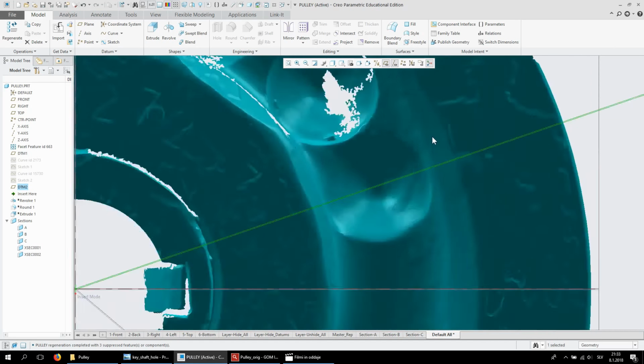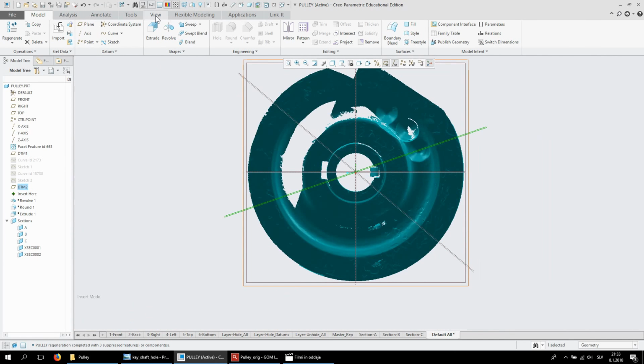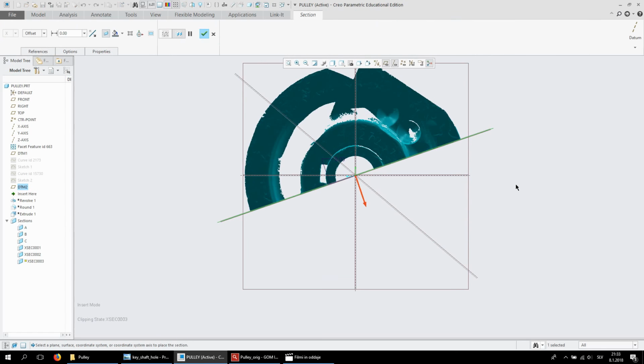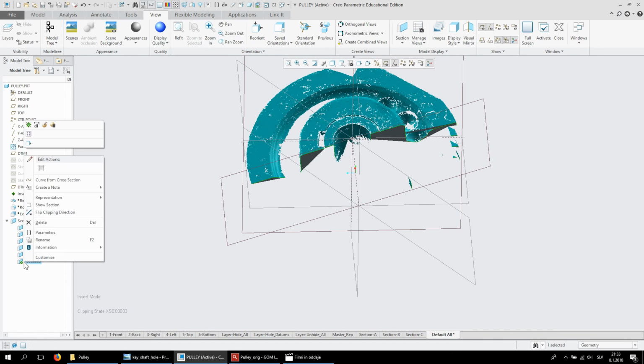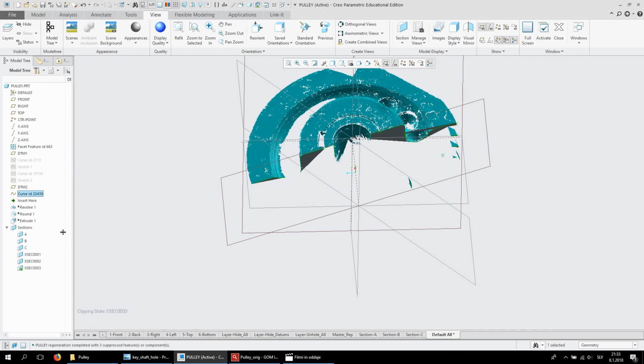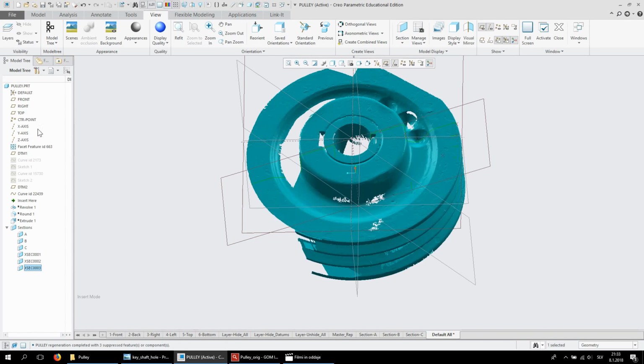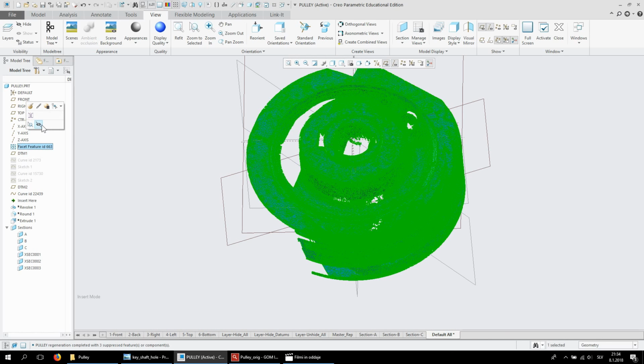And now go to view section and confirm this, and create curve from cross section, and deactivate the cross section view. And now we can hide the facet feature